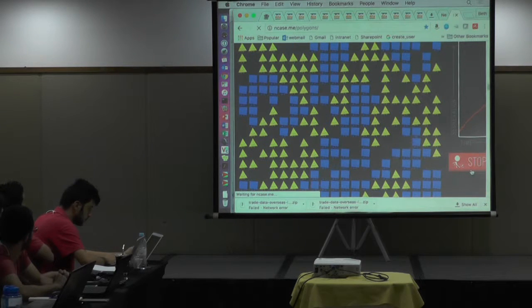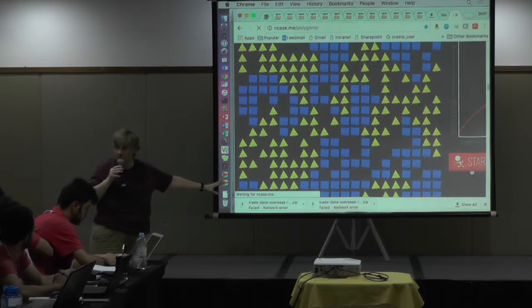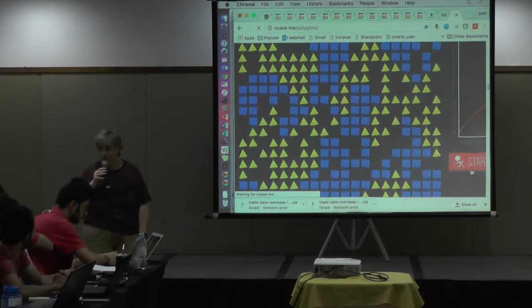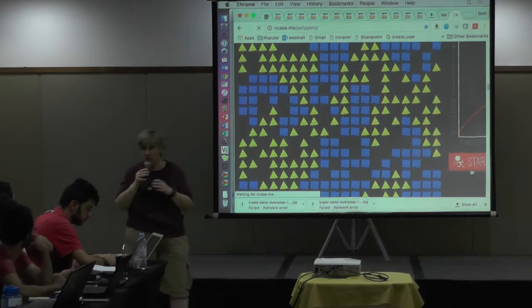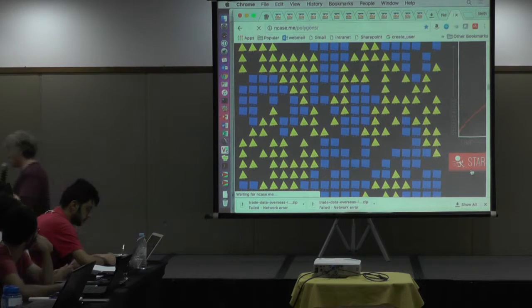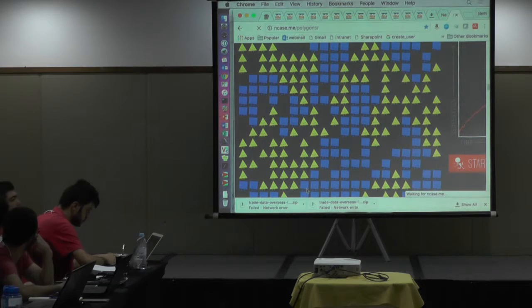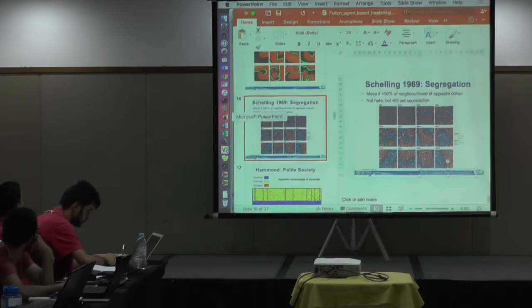So they'll move around, and pretty quickly you find that you've got spatial segregation set up. It was just because they wanted to live next to a triangle that looked like them. So this helped people understand that it wasn't about fundamental hatred, it was just about trying to be with people like yourself. So you can also then encourage diversity and understand conditions where that will change. It's a bit hard because of the resolution here, but I would encourage people to get on and play with this kind of game to see the kinds of patterns that you get and what kind of intervention and tolerance levels you need to see this kind of patterning break down.